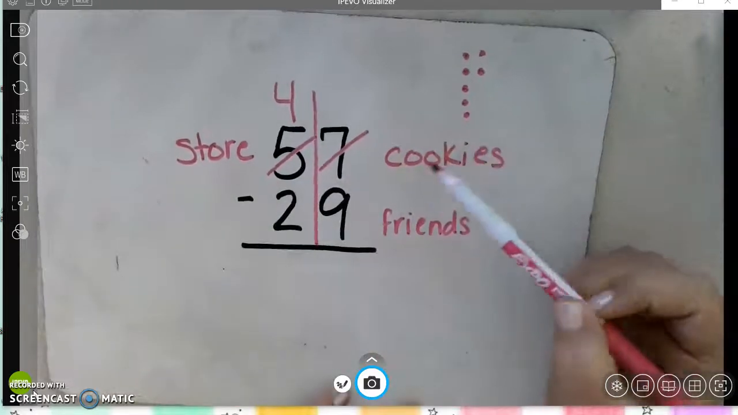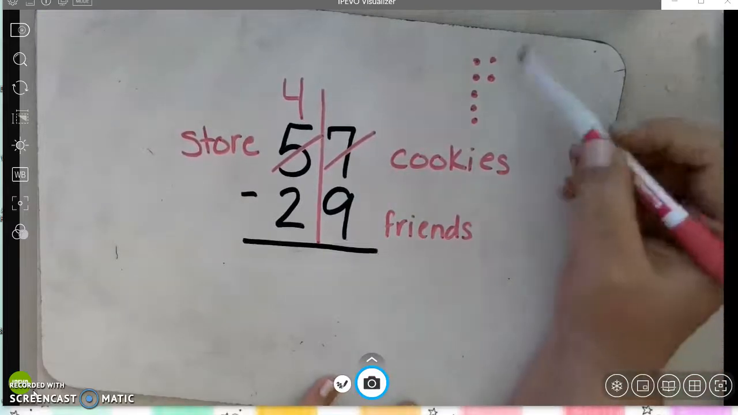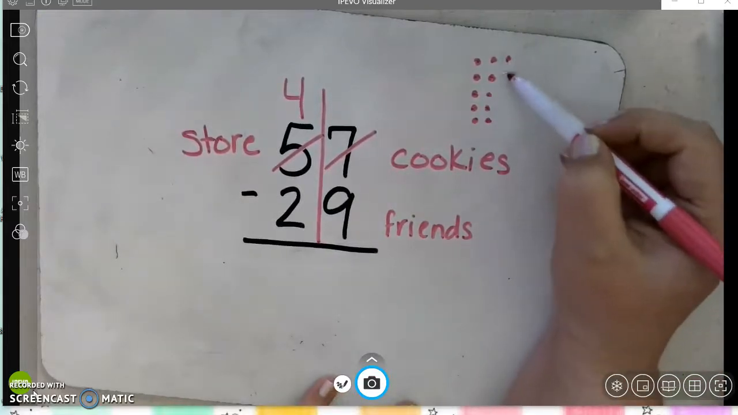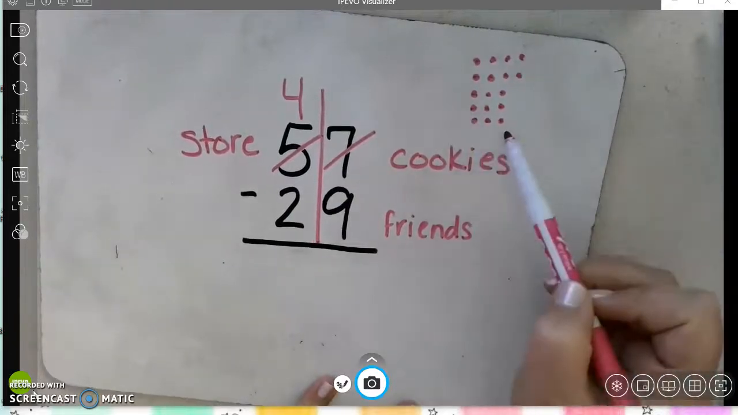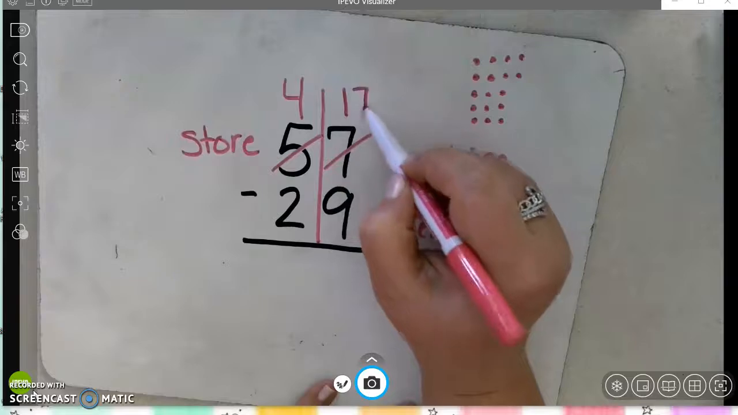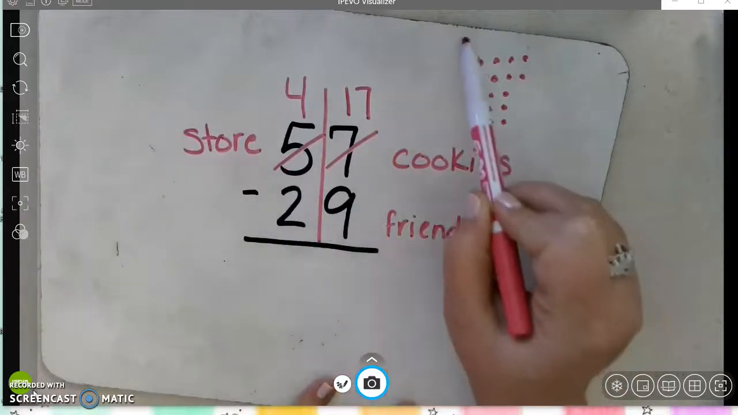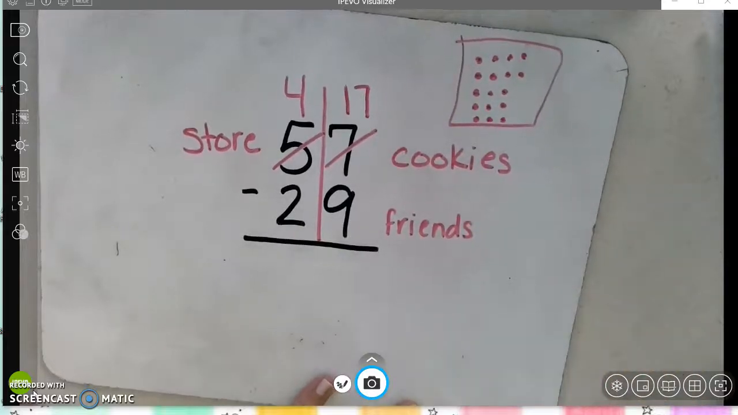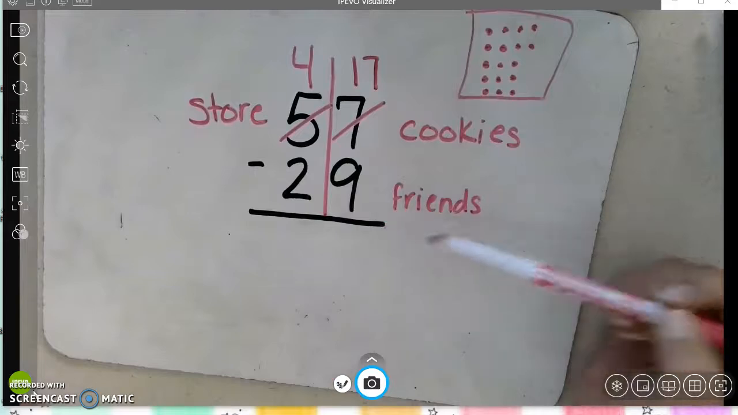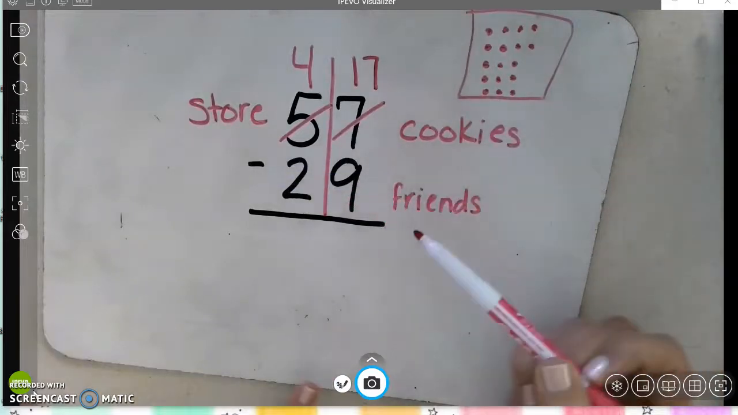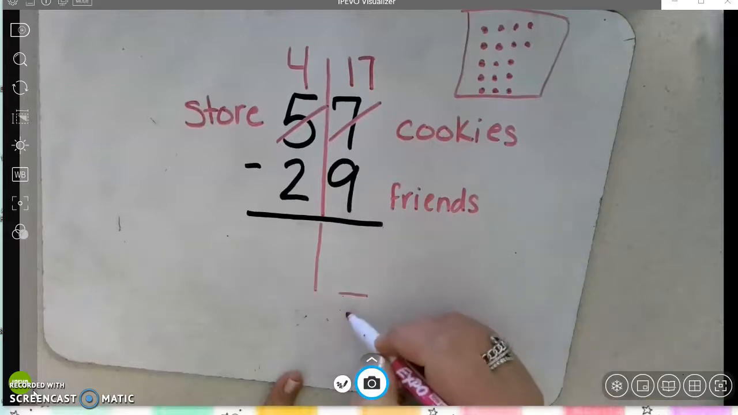I brought the pack of 10 cookies home and I'm going to unpackage them. So I'm going to unwrap them. So now, if you count all of these, I have 17 cookies at my house. Because I had 7, I bought a pack of 10. Now I have 17 cookies. Now do I have enough cookies to give all of my friends one? Yes, I do. So then I would go 17 minus 9,